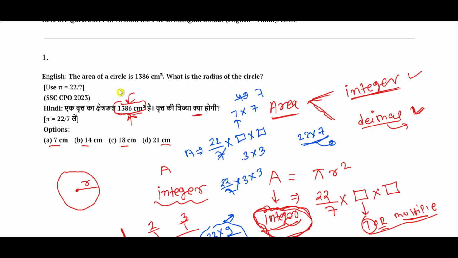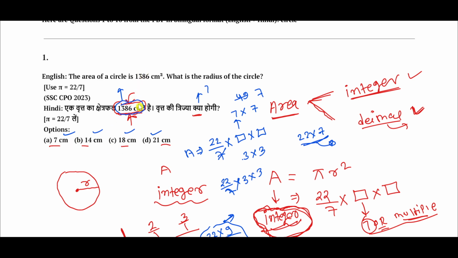So here you can easily know this value that the question gives you in integer form. So in this integer form, you can easily react like, yeah, we have a radius 7 in the form of integers. So here all the values are in integer form. If there is any option that has a decimal, then we can easily cancel it out, and decimals are not possible for this question because we have an area in integer form. If area is integers, then it is necessary that the radius is 7 or a multiple of 7.